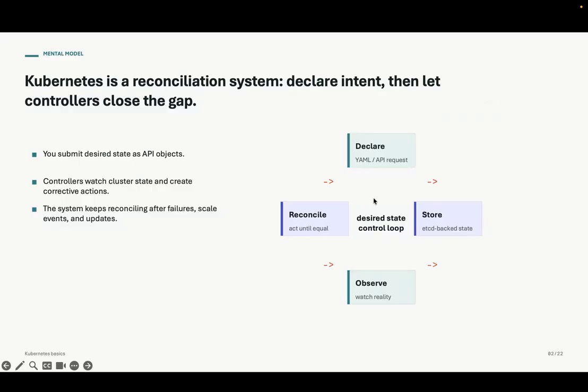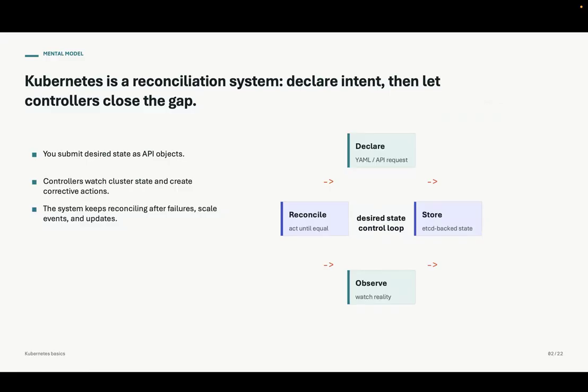Mental model. The most important concept in Kubernetes is reconciliation. Kubernetes is built around the idea that we declare what we want. The controllers continuously compare the desired state with what is actually happening in the system right now. For example, if you say we want three replicas of an application or service,